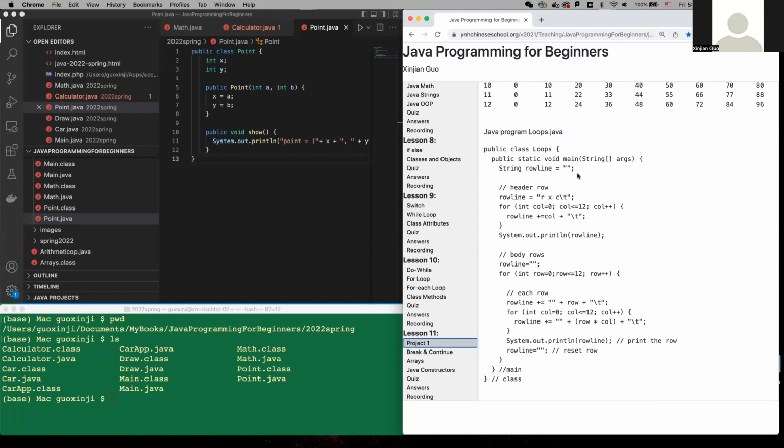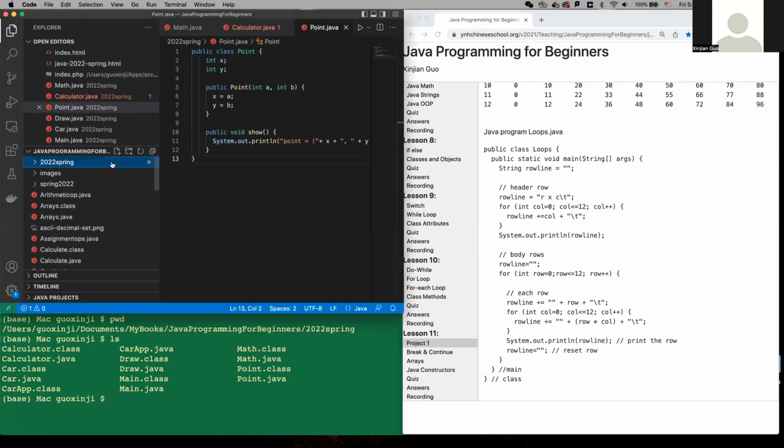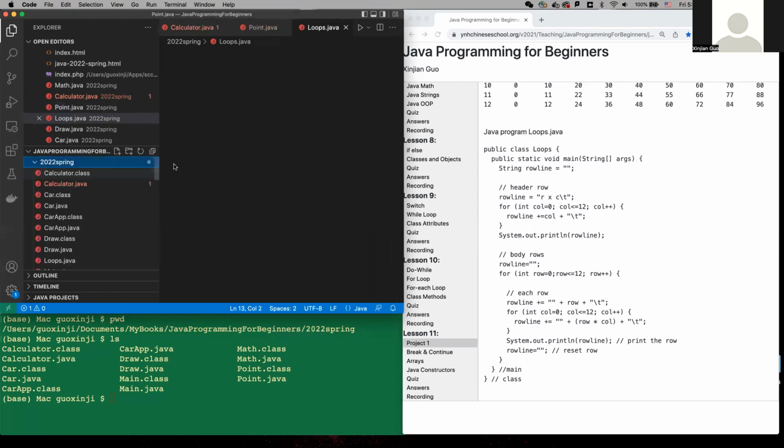Let me add a program here. Let's add a Loops.java. Here, return. So we have this loops